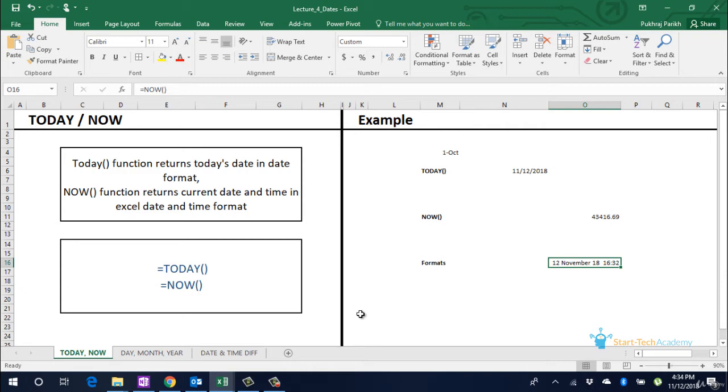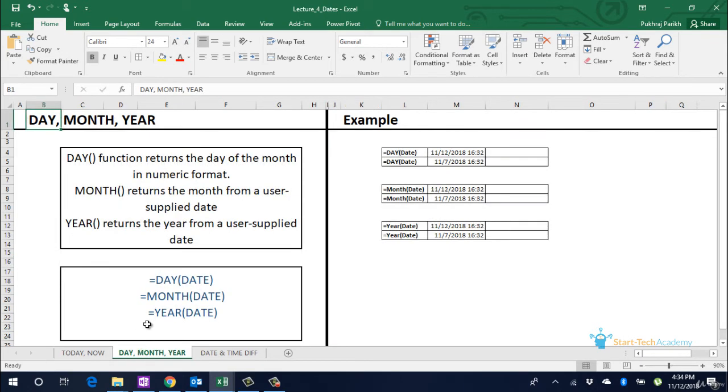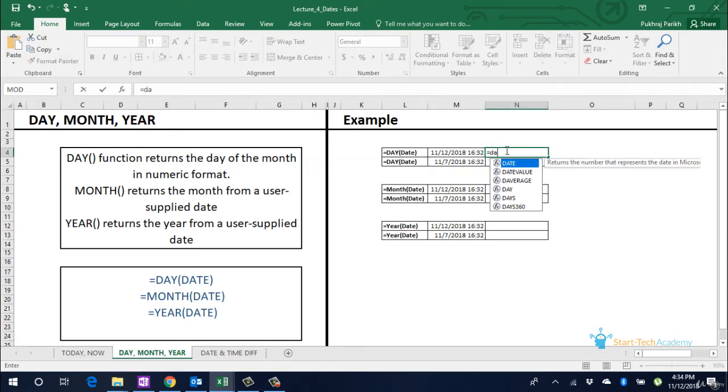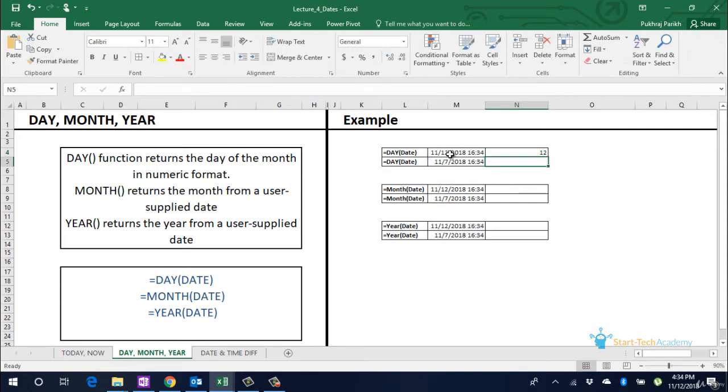Next, we look at day, month, and year formulas. For any particular date, we can separate different parts of it using these formulas. So to get which day of the month it is, type =DAY and select the date. Today is 12th day of November, so 12 is the solution.